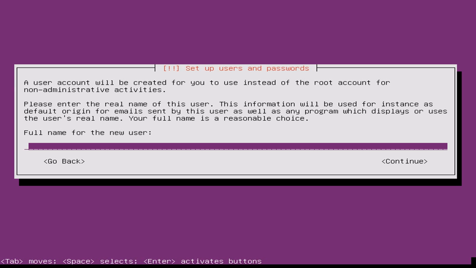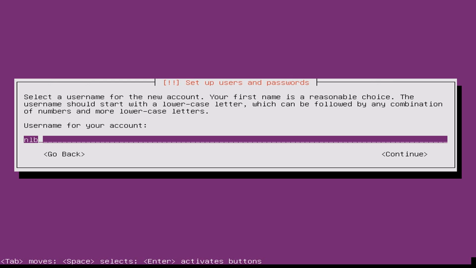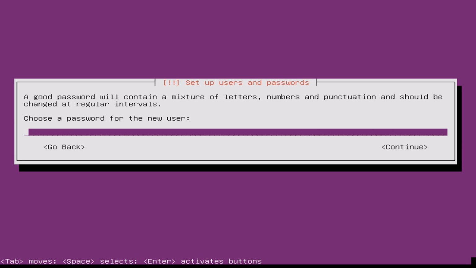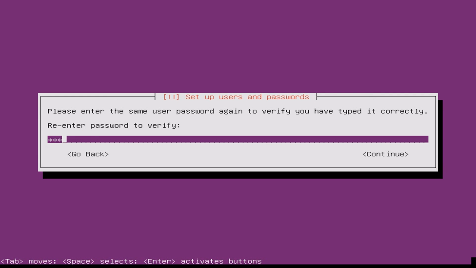The next step is going to ask you for the full name of the new user. So the full name of my user will be NLB admin. If I press continue, it will ask me for the account, the root account for my Ubuntu server that I'm going to be able to log in with after that. So I'm going to specify NLB admin without a dot, because if I specify a dot it will say that there are invalid characters. So I'm going to use only NLB admin, press enter to continue, and specify the password for my server. When I press enter it will ask me to retype it, so I'm going to retype it